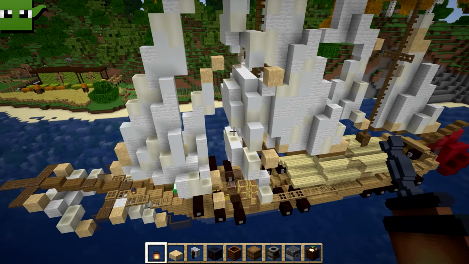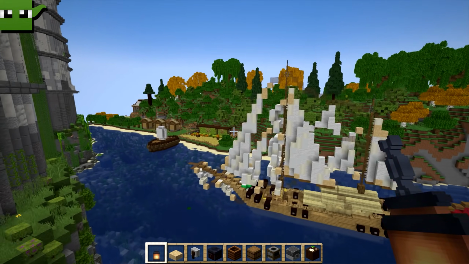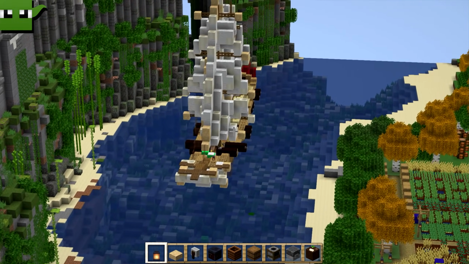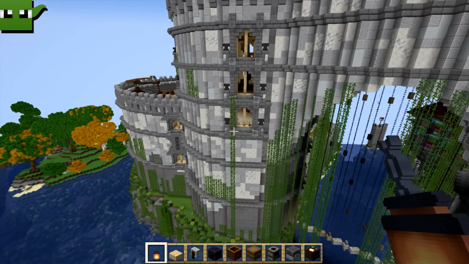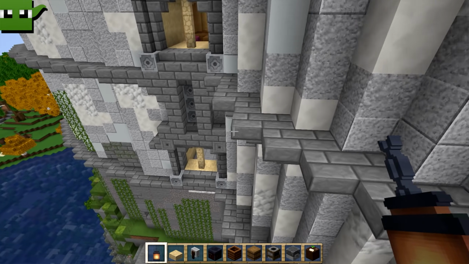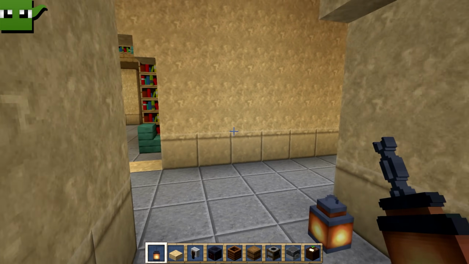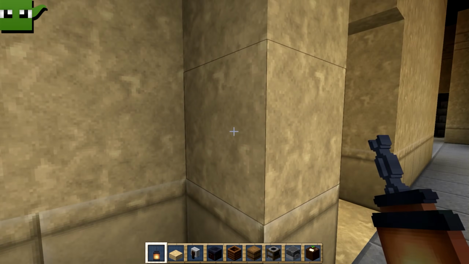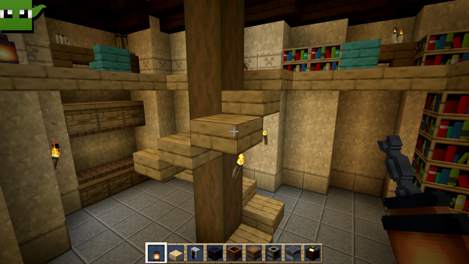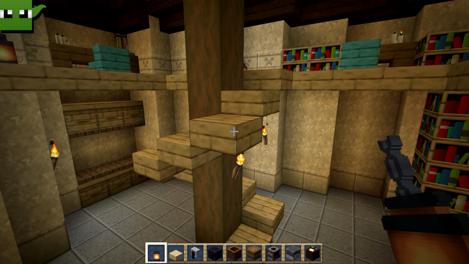Oh, by the way, do you like our ship? We took this ship from 7 Upgrades to a Ship in Minecraft, and I'll try and remember to put a link to that video down below. Where were we? We weren't in that window. We were in this window, I think, and that links to this room, which is room M on the map,